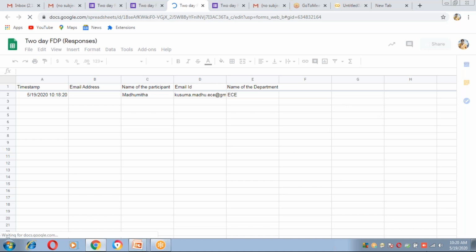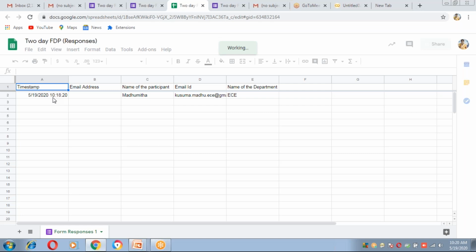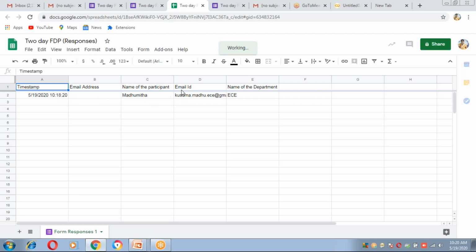See, this is the Excel sheet, the spreadsheet. This is the time of their submission, and the name, email ID, and name of the department. Likewise, we can get all the participants who give responses and submit the Google Form. So we can get the entire data.